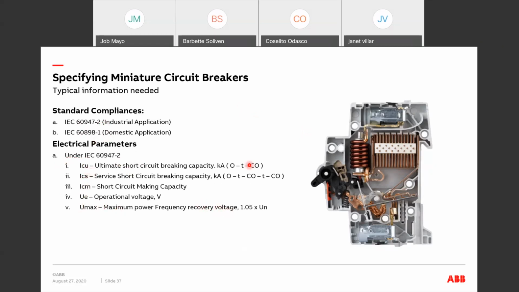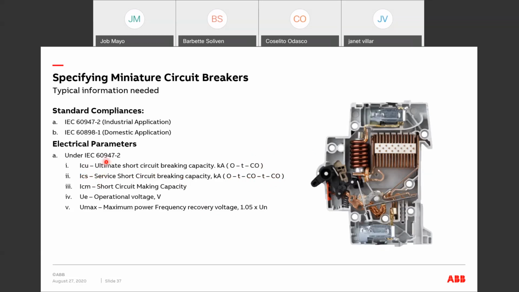As you can see, here's the test sequence. For ICU, it's open, time, close, open. The T is time, I think it's 3 minutes. On the other hand, for ICS, you open it, close it again, operate it again, and then another time for operation, another time for clearing. So open, 3 minutes, close, open, another 3 minutes, close, open. This is the test that we do to attain the service breaking capacity of the